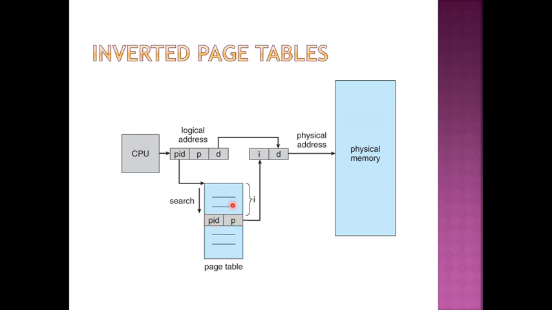Wherever I find the match, whatever is the location, that location will become the frame number. That means for every logical address in any process, I am having a single physical address. So now once I get this reference, the frame number, I add this with the offset and I get the physical address. One thing that you have to notice here is, in the previous case, page number was acting as an index. The content was the frame number.